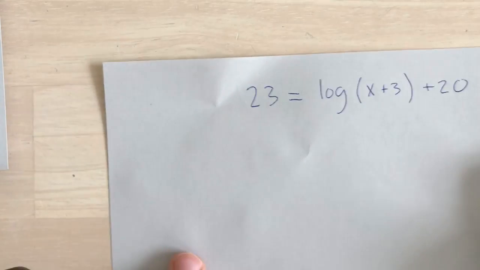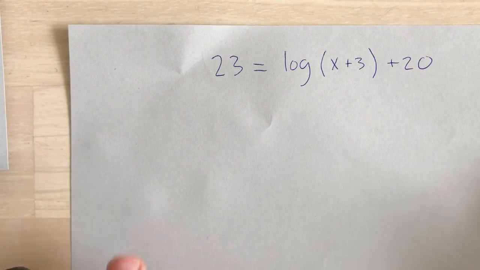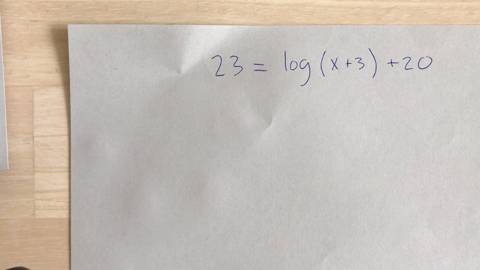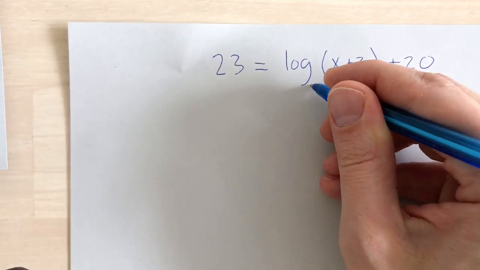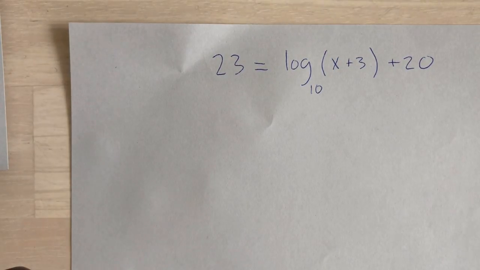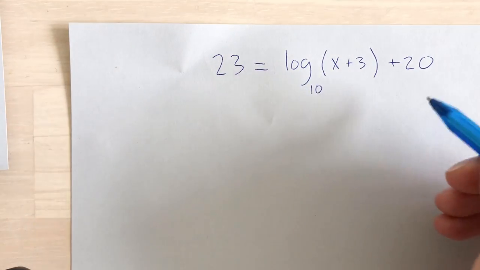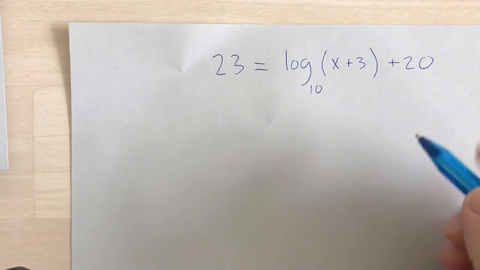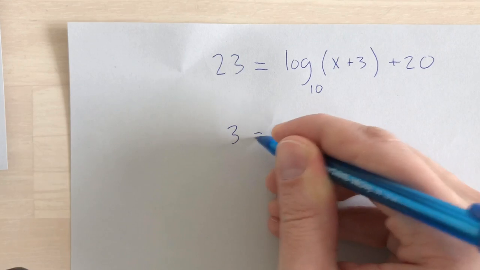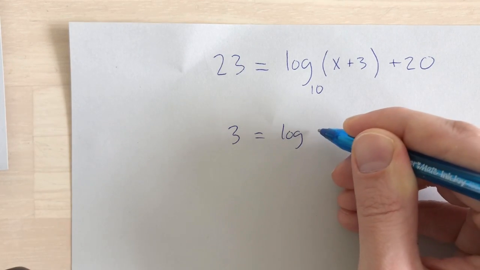All right, last problem. Here we go. I know a couple of you guys had questions about logs when they don't have a base shown. Anytime you see a log problem without a base, you can just automatically assume that that base is 10, because that is the rule. So technically this is a base 10 problem. So the first thing is, again, get everything around the log moved to the other side. So I'm going to subtract 20 to the other side, and that's going to give me 3 equals log of